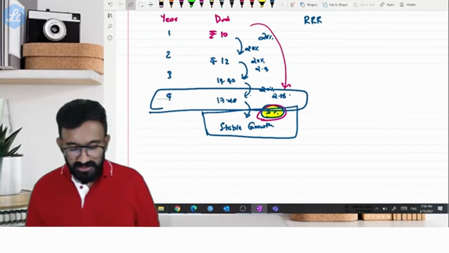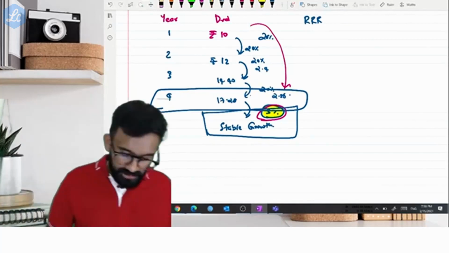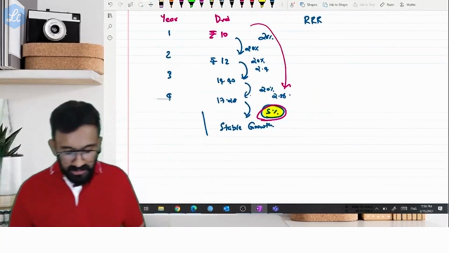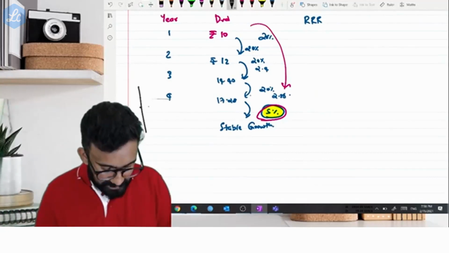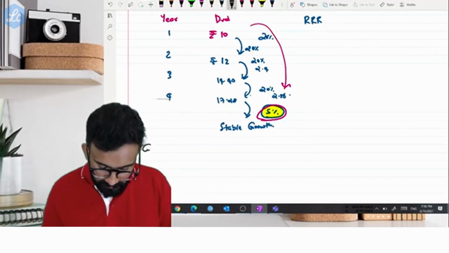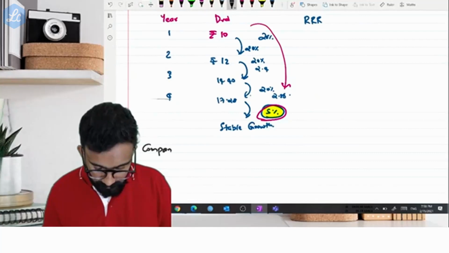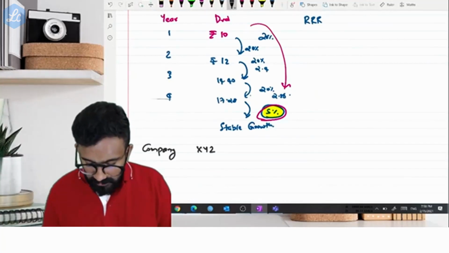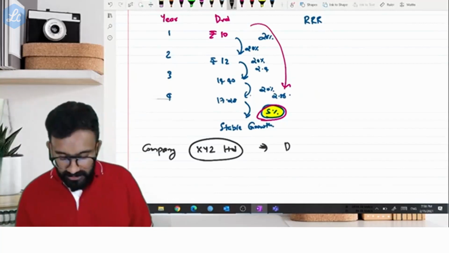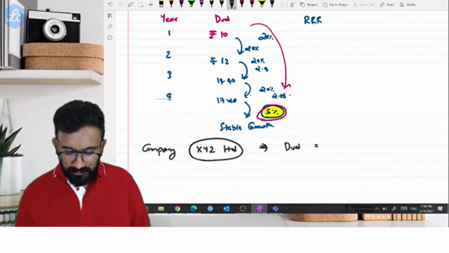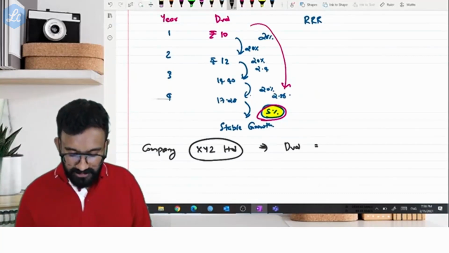Unless you understand these concepts inside, you will find this all a little complicated math computation. So it's not like that. You have to approach it in a very phased manner. Now let's try to assume this. Okay, I have an example where there's a company XYZ Limited, which has a dividend